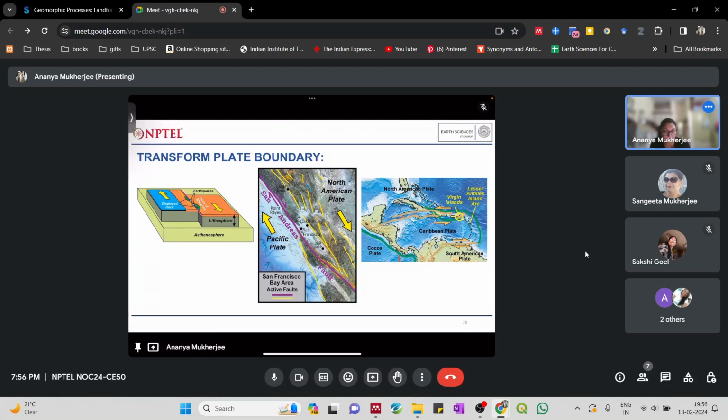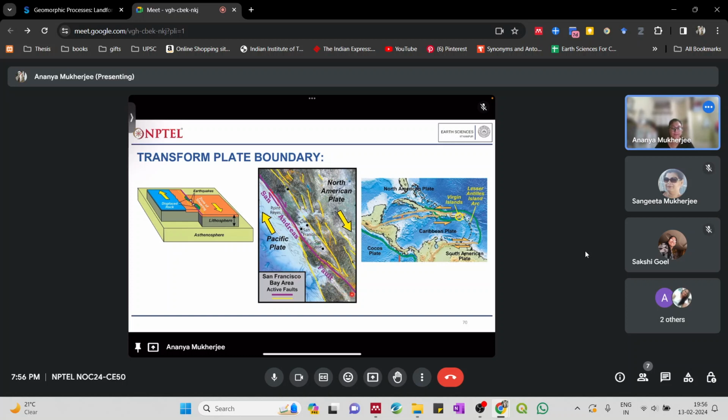Because of this, this is one major fault. The major fault is forming here, and these are secondary faults that are created because of the movement happening against each other. The material is crushing and moving against each other, so they are shearing. These are all shear zones, you can call them shear zones, and this is the main San Andreas